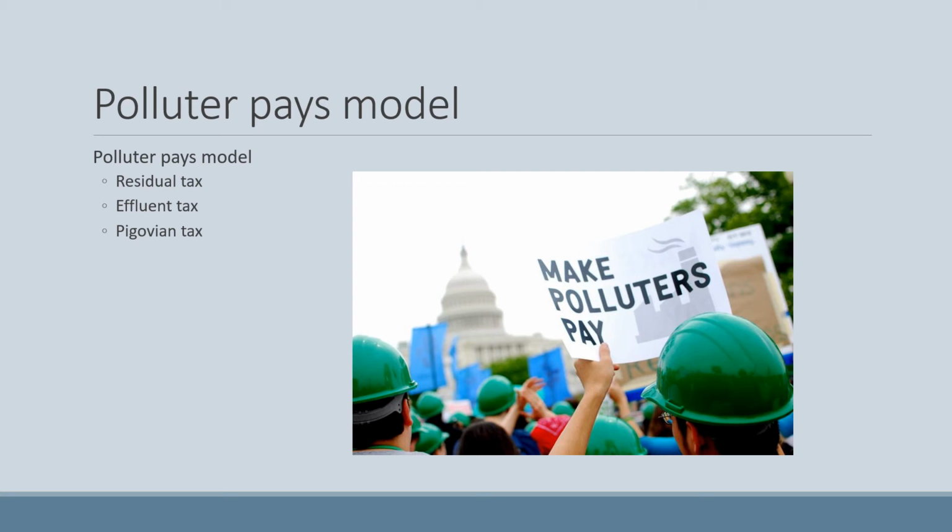We have an effluent tax, which is a fee paid by a company to discharge into a sewer. So basically, they know they're going to discharge, and based on how much they discharge, they're paying that tax. We could have a permit fee or pollution credit, and we'll talk a little bit more about that. And a Pigouvian tax is a tax on any market activity that generates negative externalities. It's intended to correct undesirable or inefficient market outcomes.